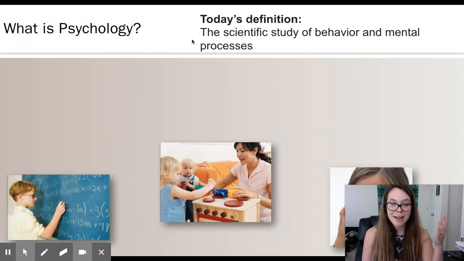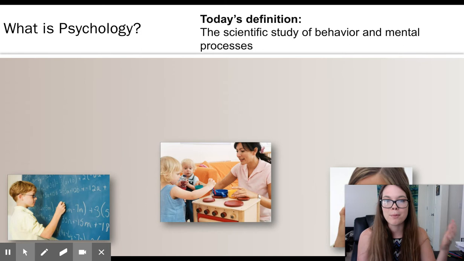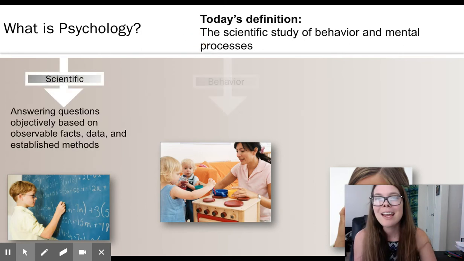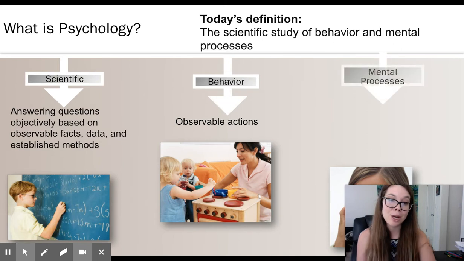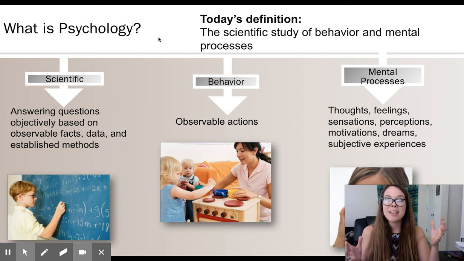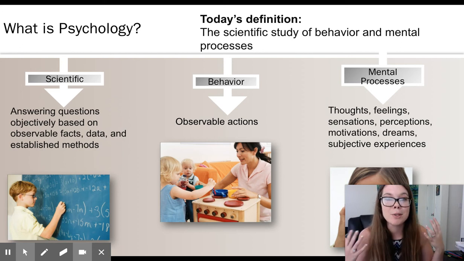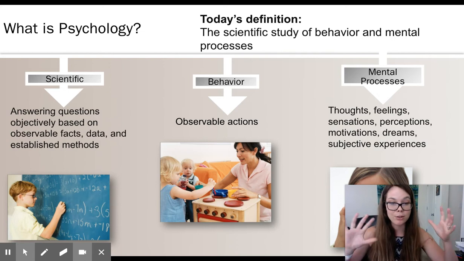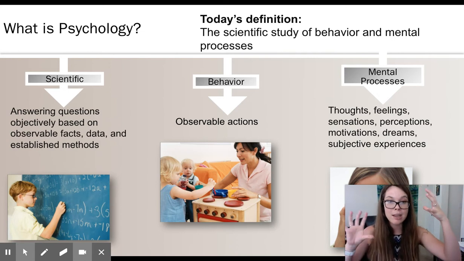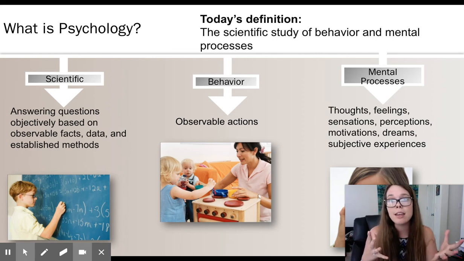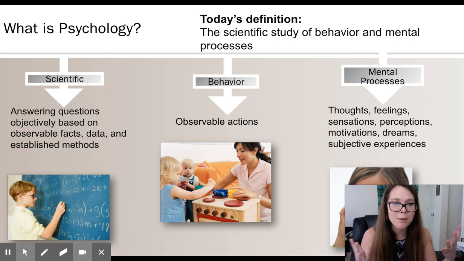All right, so first, I stole this from one of my older presentations, and it's what is psychology, right? And today's current definition, it has changed a lot in the past, is the scientific study of behavior and mental processes, right? You have behavior and your mental capacity. So it's mind and body, how they connect, and then how do we see and how do we understand why people do what they do, right?